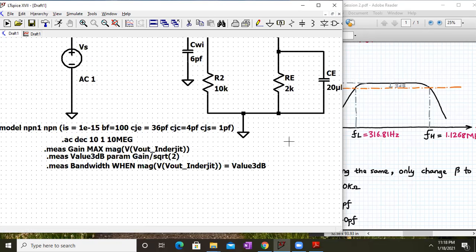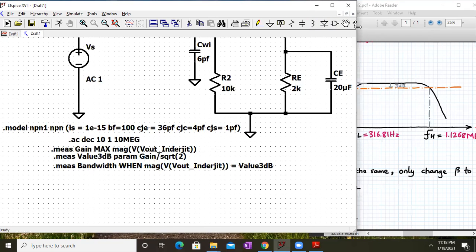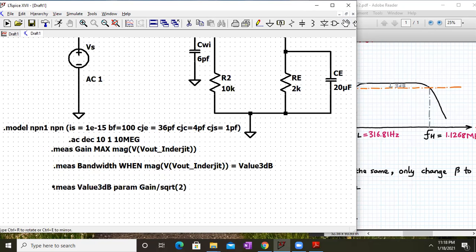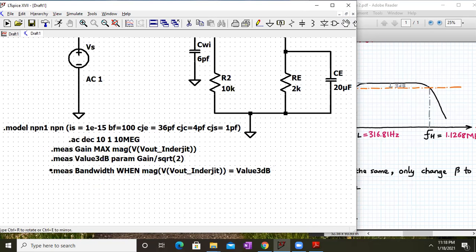So we will use the dot measure statement to calculate this value. The first statement will remain as it is. Okay, let me just proceed this a little down. Okay, fine. This is fine.